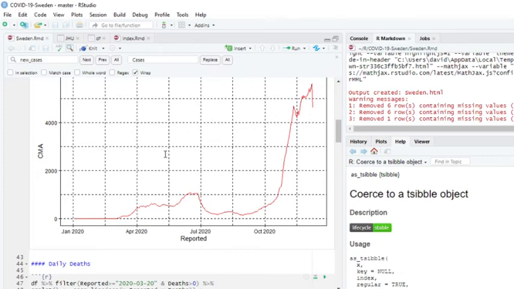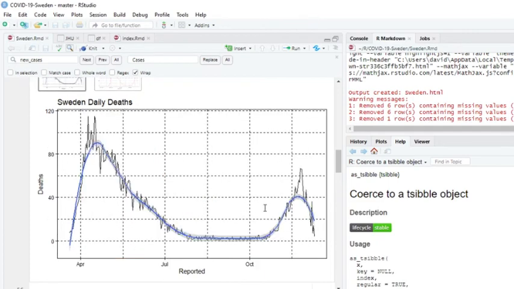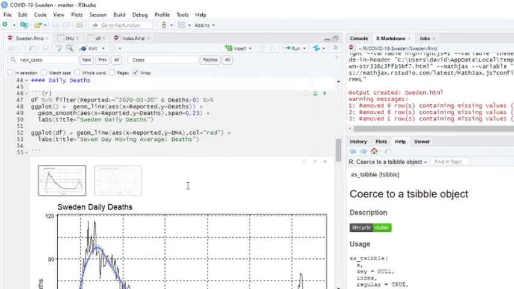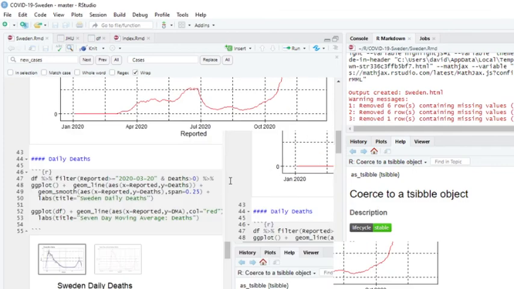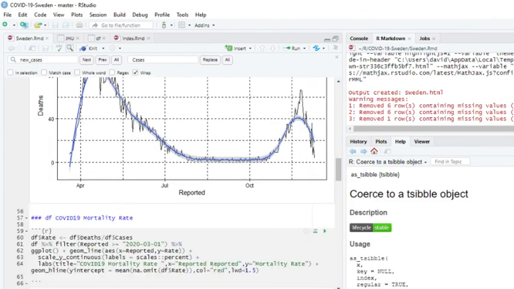Washington University in the U.S. says the single best measure of a pandemic spread is these numbers right here: daily deaths, not cumulative deaths, not daily cases, not cumulative cases, not hospital beds. Okay. So the question is, how can you have cases increasing but deaths decreasing? So that's very, very, very good news for Sweden.